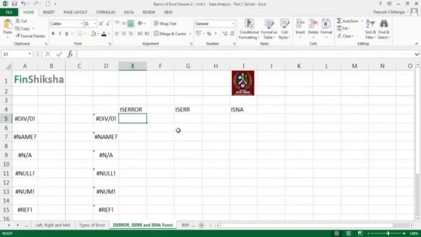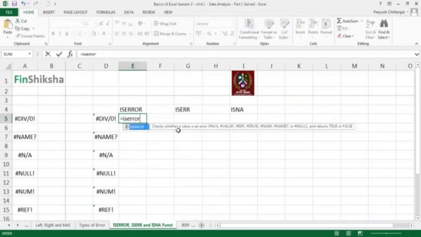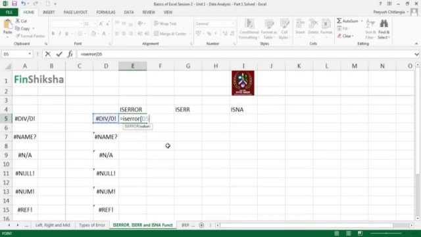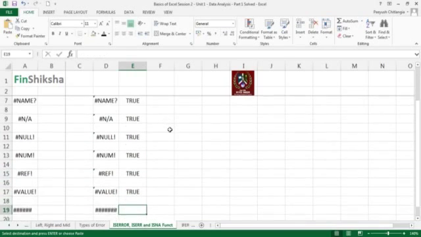So let's try this out. Let's look at ISERROR, and you plug in this error cell and see if it is an error. It says true, it is an error. And then you can copy paste this across all the error functions that you see, and you keep